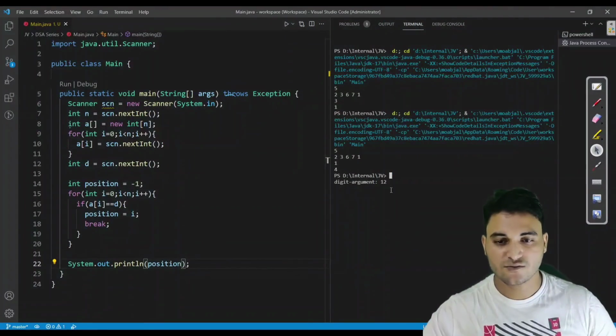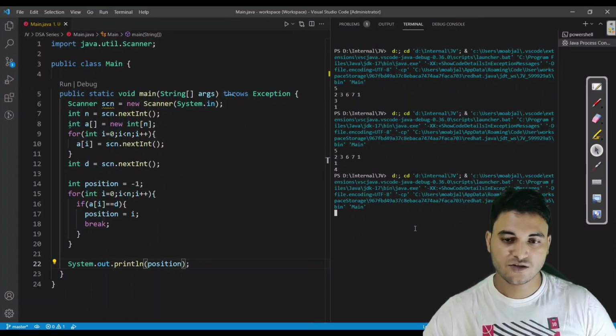In the linear search, what we used to do, we used to check for every number whether this number is equal to this number. Then we just simply return the index for this. If we have traversed through all the elements of the array and we have reached the last of the array, then that means we have not found the element. That means we have to print -1. So let us run it for -1 also. I forgot to run it for that.